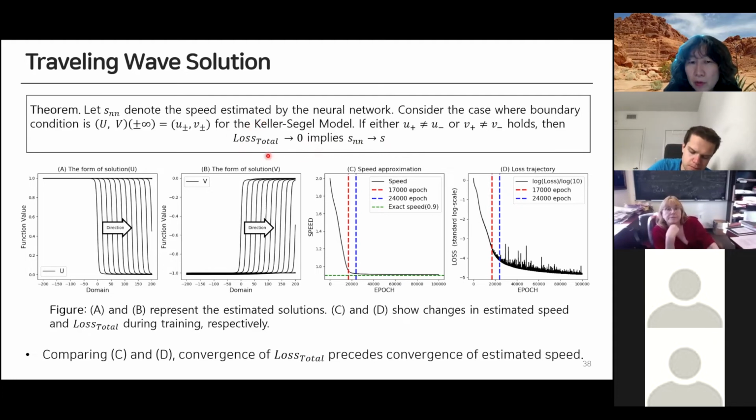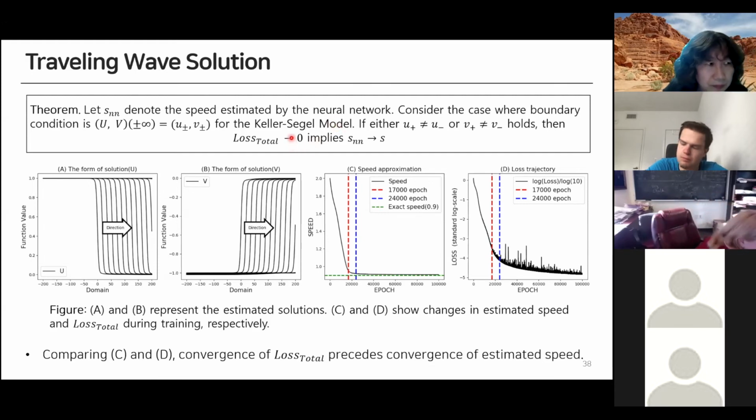If we optimize the loss function we construct in a smart way, then we can efficiently find a very good approximated wave speed, converging to the actual wave speed. Okay, this is basically the theorem. But here the theorem is stated for Korteweg-de Vries, but you can do it also for other PDEs that allow for